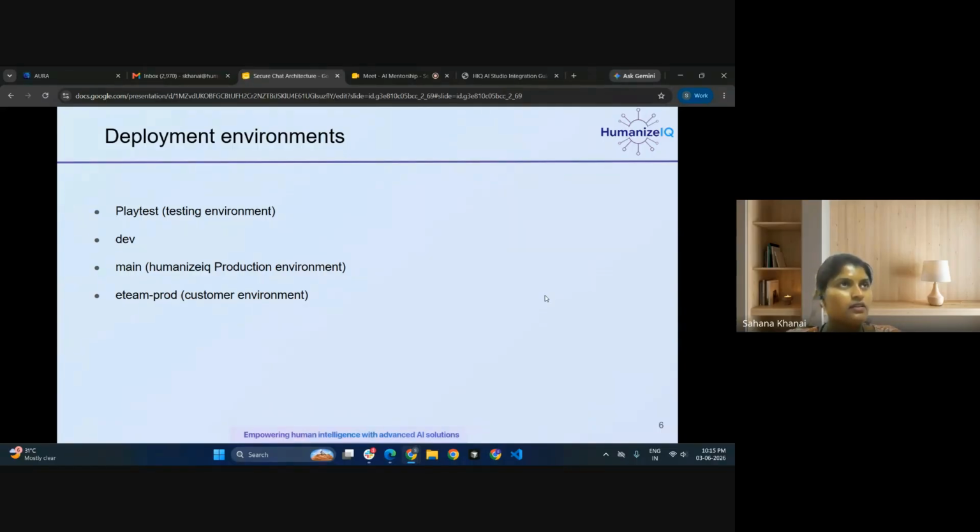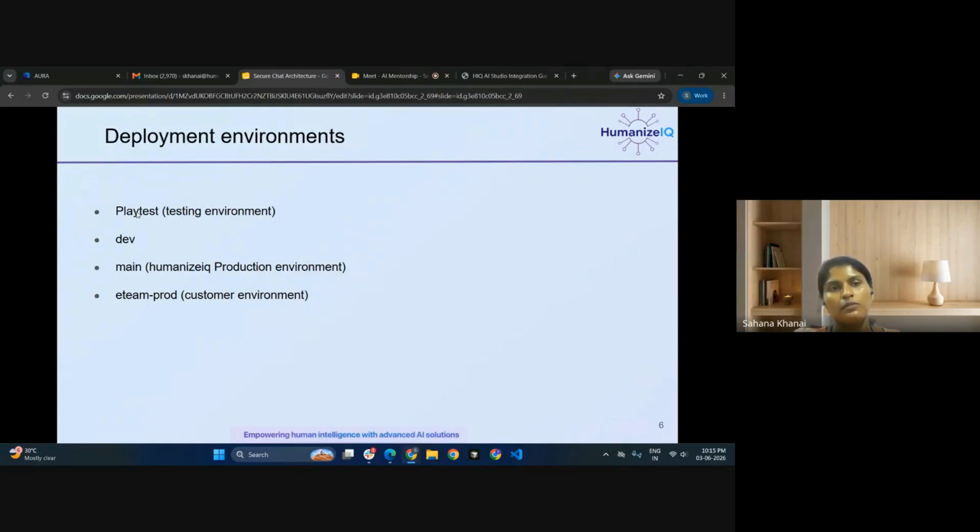Let's say in secure chat, if you want to update the diagram generation, then you are going to create a teacher branch, teacher underscore diagram drafter, whatever name you want to give, just start with teacher. So once you make changes in the teacher branch, you are going to raise a PR, pull request, from teacher branch to playtest. And playtest is like a testing environment.